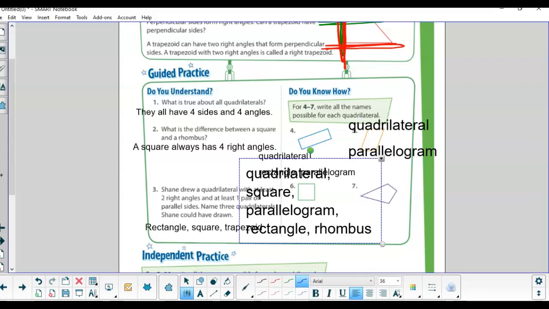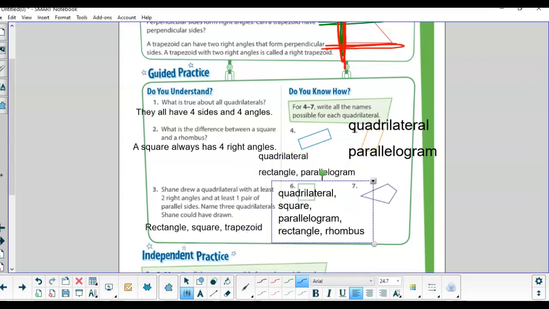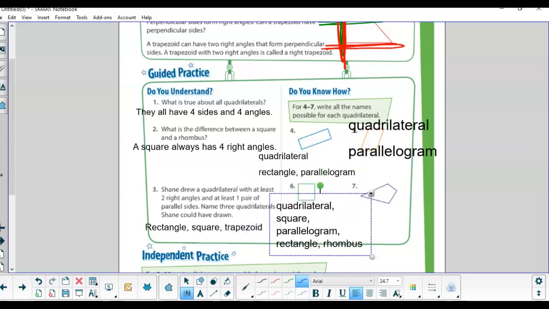Sorry, it's so big. There we go. So for number 6, it could be a quadrilateral, a square, a parallelogram, a rectangle, or a rhombus. Number 7. Ooh, I wonder if anyone got tricked with this one, especially if you didn't realize we could